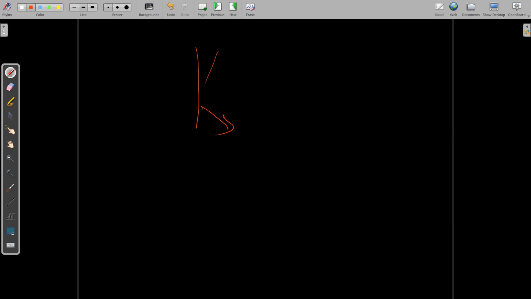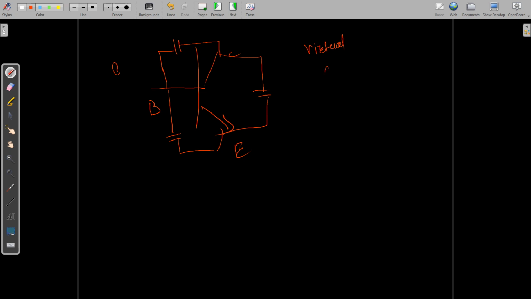We know that in the transistor, this is base, this is emitter, collector. We have base to collector capacitance, base to emitter capacitance, and collector to emitter capacitance, right? So we know the concept of virtual capacitance in your diode and transistor. Virtual capacitance from collector to base, base to emitter, emitter to collector, and because of that you are going to get roll off at higher frequencies.